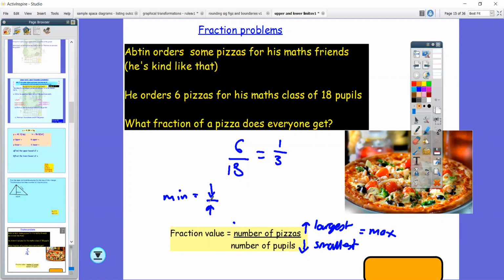Okay, so this leads on to then understanding how we're working with fractional problems with upper and lower boundaries. Because if we have a fraction where we're trying to find the maximum value or the upper boundary, we need the largest numerator and the smallest denominator. And then we can go into a problem here. So the problem I get,